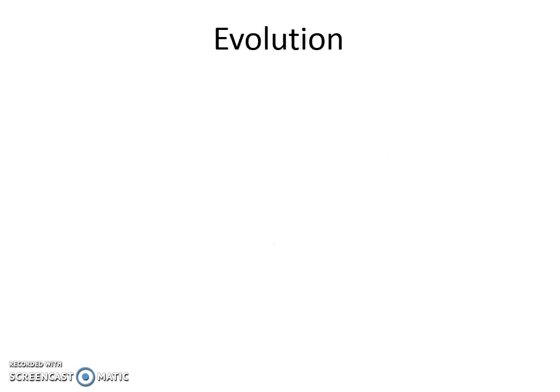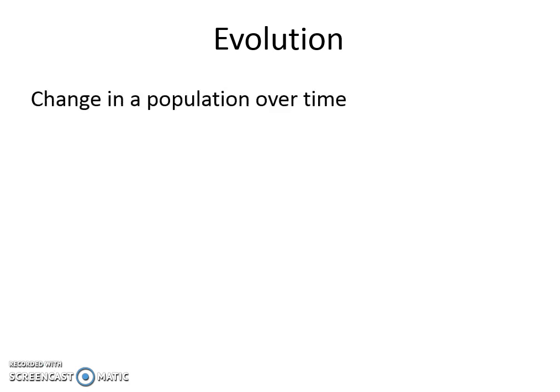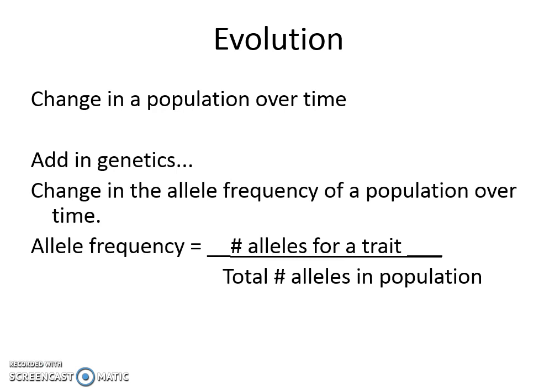Start off with some quick definitions. So you've got evolution. Evolution is just a change in a population over time. It's important to note that we're talking about a population, not an individual. So evolution looks at populations and shifts in those populations over a period of time. Individuals cannot evolve. If you want to look at it from a genetic perspective, it's a change in the allele frequency of a population over a period of time. So that population or gene pool, you have a shift in the percentage of alleles in that population.